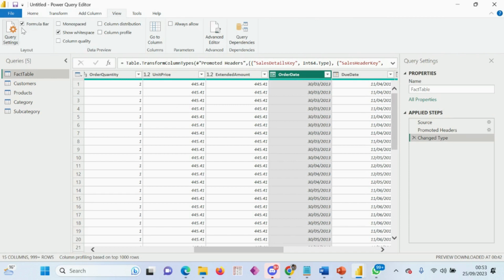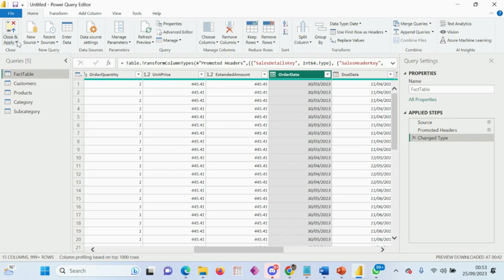Okay, so once this is done, I'll just close and apply first, right? Or before we close and apply, I'll come back to the date table in a moment. Just a moment. Before we close and apply, there's an important thing I would want us to do,